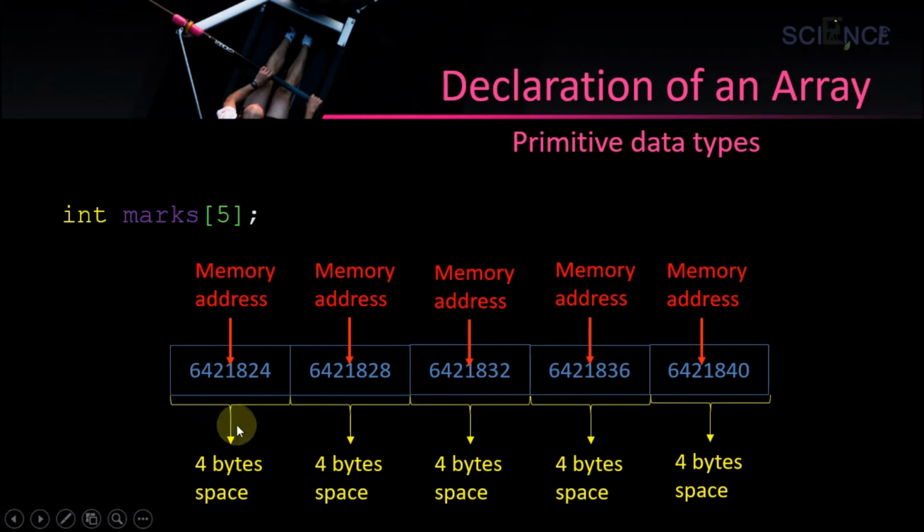There will be 4 bytes allocated for my index 0, and 4 bytes of space will be allocated for index 1. Likewise, there will be 5 different spaces for each element that I am hoping to store in future, and all these separate locations will have a unique memory address, right? The memory locations for these elements will have 5 different unique memory addresses, and their spaces will be 4 bytes, right? So